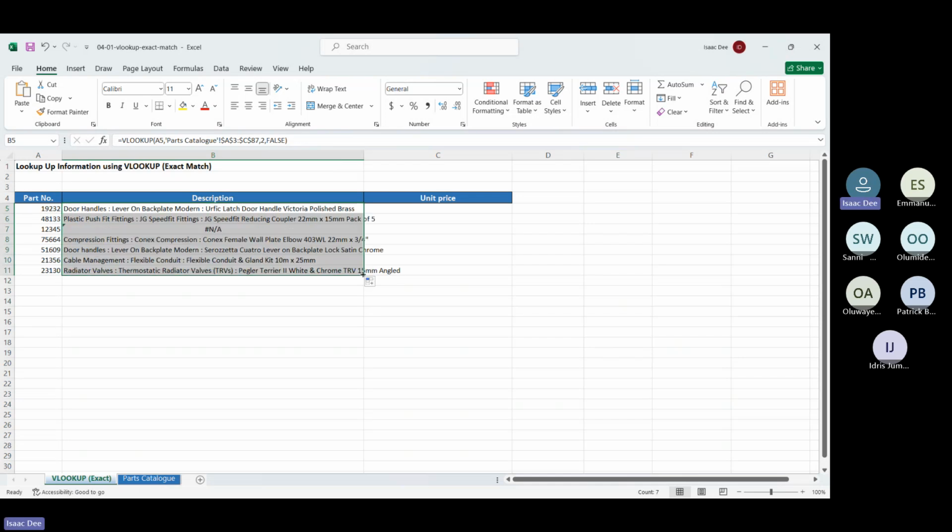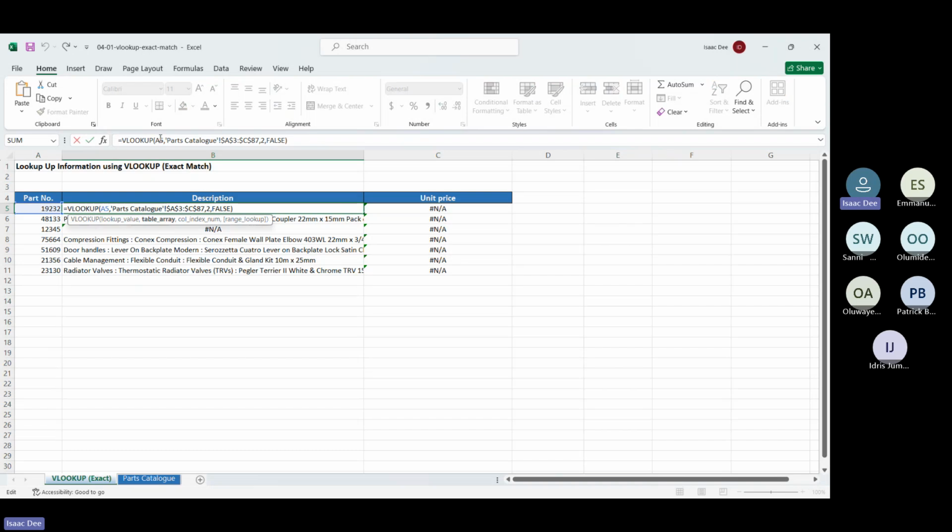But by the time I move to this side, I want it to retain the A5. I still want it to stay on column A when I shift to the side. It's going to stay on row 5, but it would have shifted to column B. So in this particular case, what you would need to do is to introduce